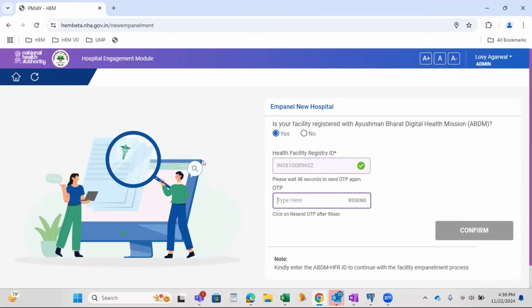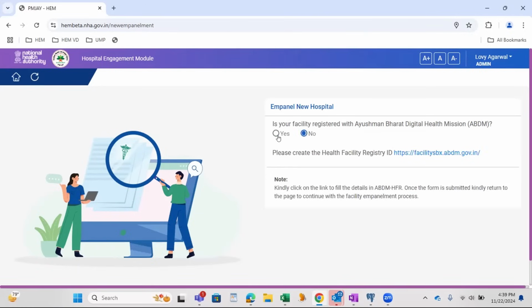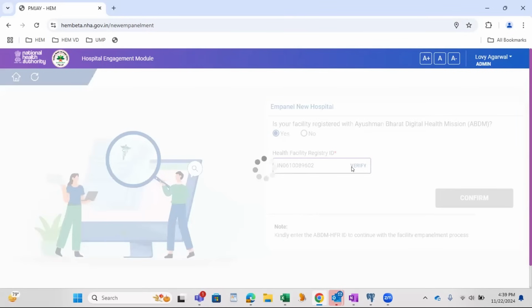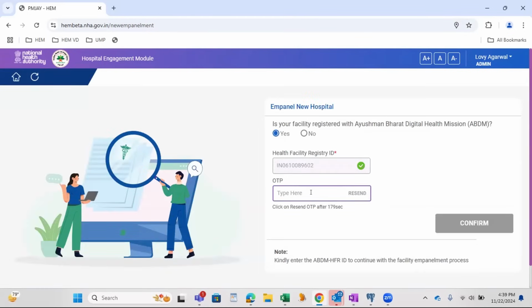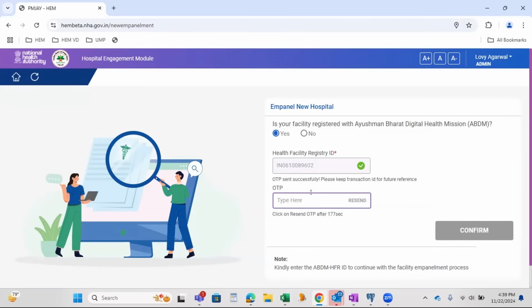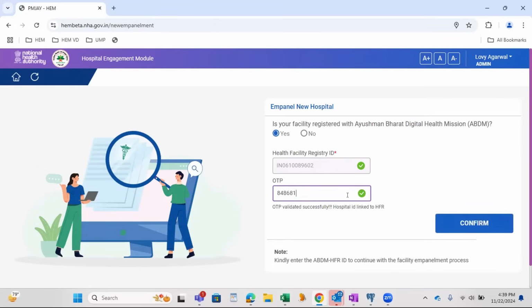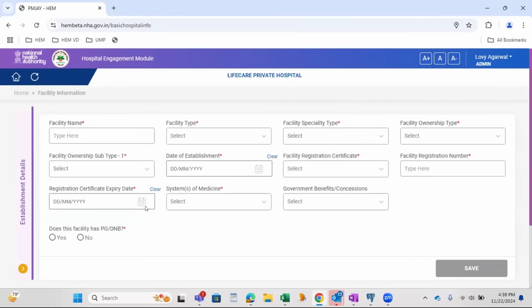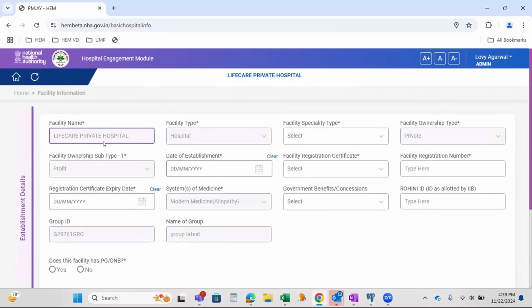I'll try to relog in. So I was telling this, this is the page.